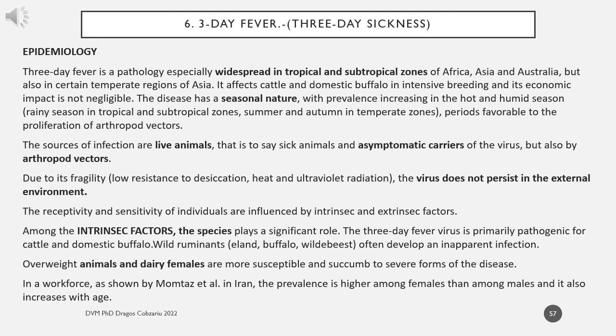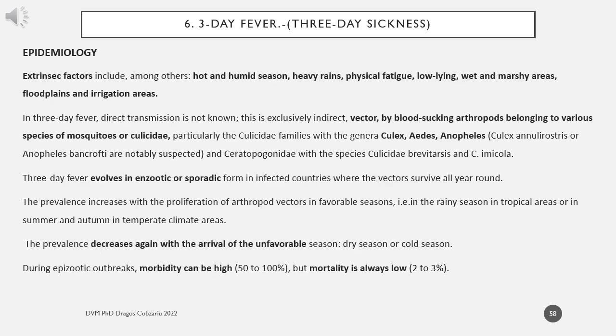Wild ruminants, eland, buffalo, wildebeest, often develop an inapparent infection. Overweight animals and dairy females are more susceptible and succumb to severe forms of the disease. In a workforce, as shown by Momtaz et al. in Iran, the prevalence is higher among females than among males and it also increases with age. Extrinsic factors include, among others, hot and humid season, heavy rains, physical fatigue, low-lying, wet and marshy areas, floodplains and